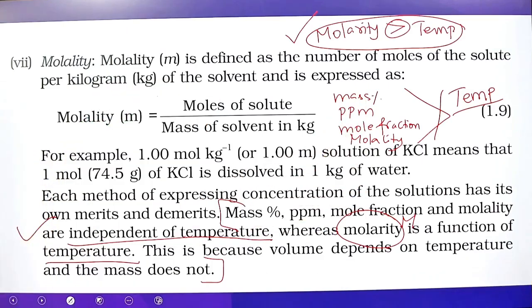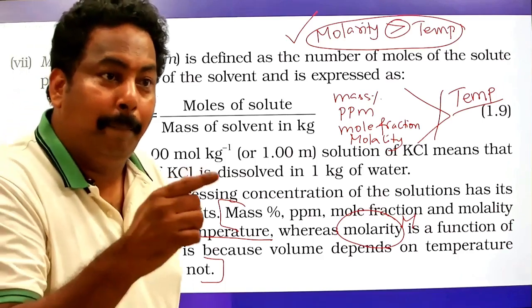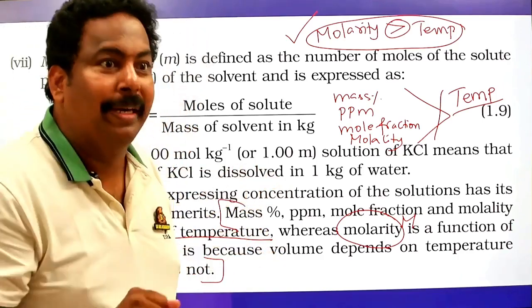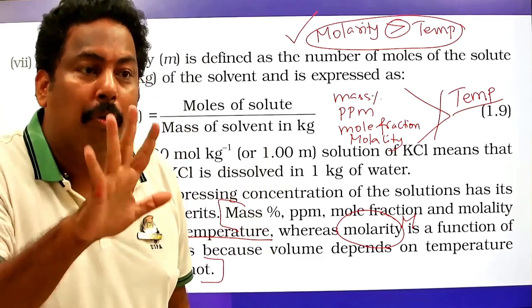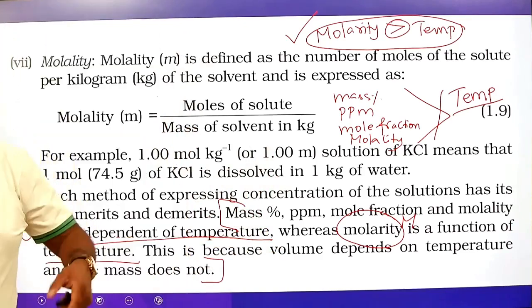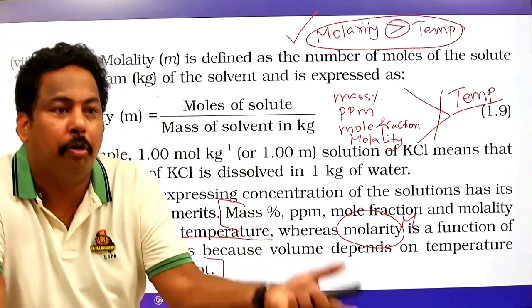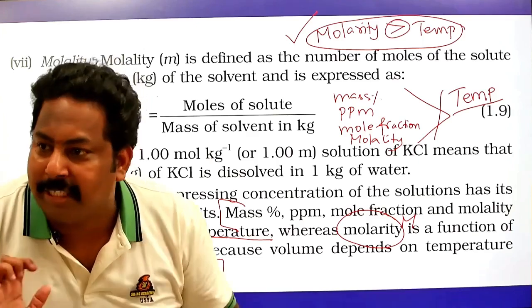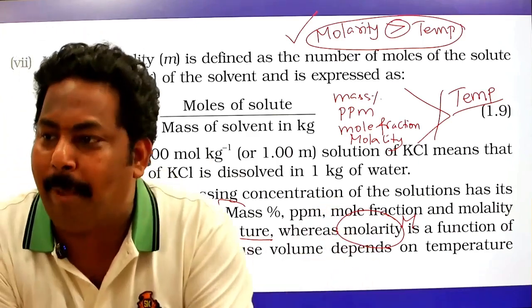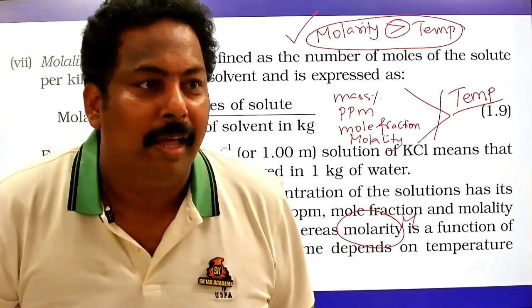You need to have volume to have a dependency on temperature. You need to have a gas component somewhere to have change in liquid in liquid. Solid in liquid has nothing to do with pressure, because they are all tightly packed materials. I'm slowly getting you